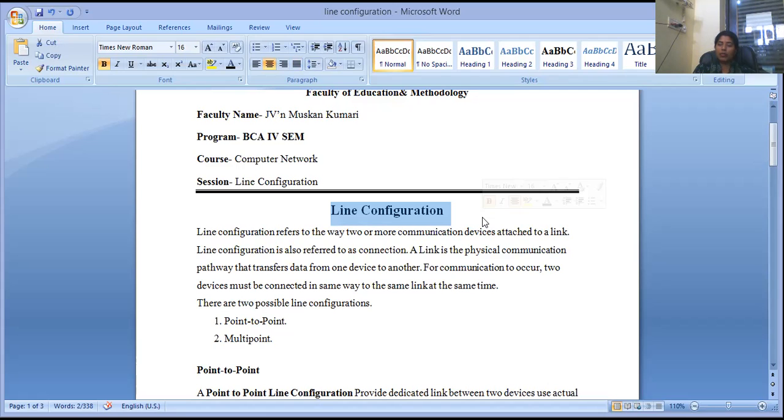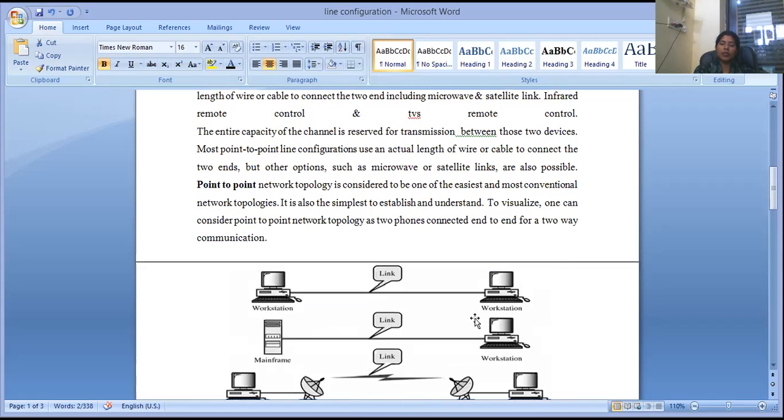What is point to point? Point to point is also known as node to node, system to system line configuration, in which we are basically using one communication channel, also known as the link, and the capacity of that link is the same between these two nodes that we are using for connection establishment, isn't it? Suppose here are two workstations using the same link at the same time with the same capacity of that link for the establishment of communication channels, isn't it? So this is called